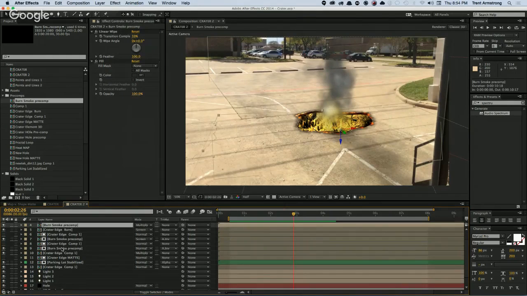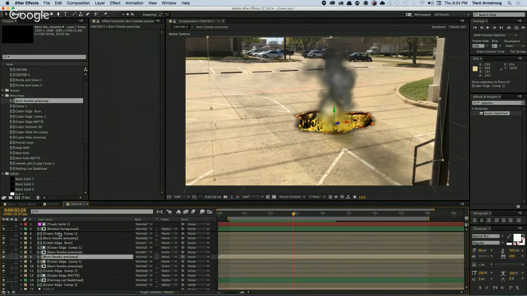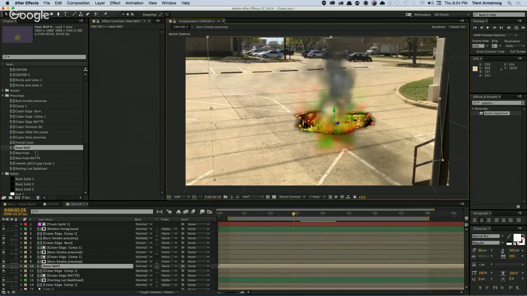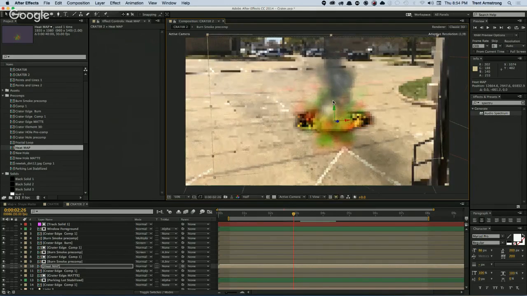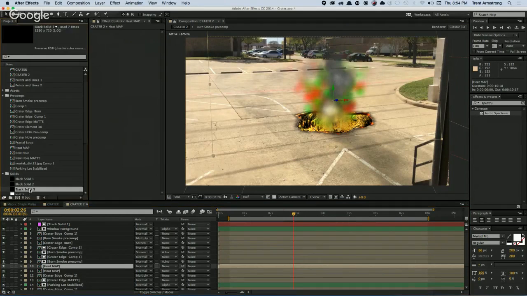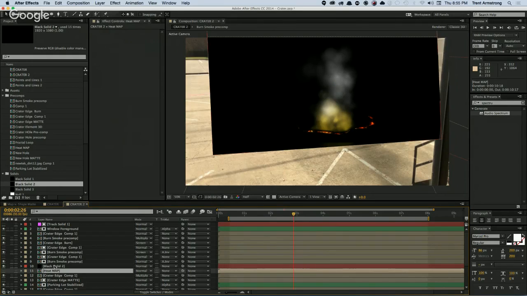We had smoke here. And we can put that right there. And I've got a heat map here. And the heat, oh, you're adding the distortion. Yeah. This is going to look so incredible. Which, by the way, Video Copilot has a distortion plugin which does the similar thing. Okay, so this is going to be